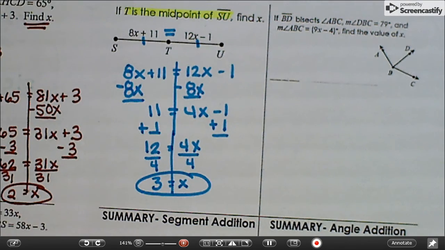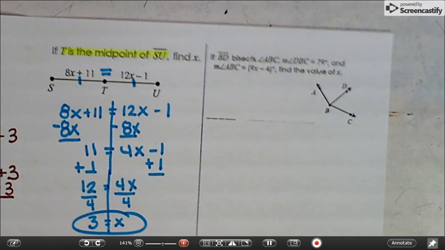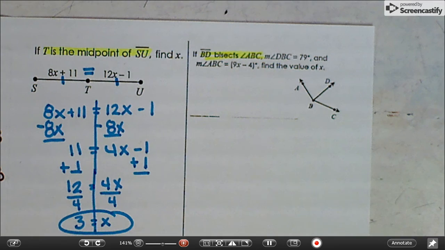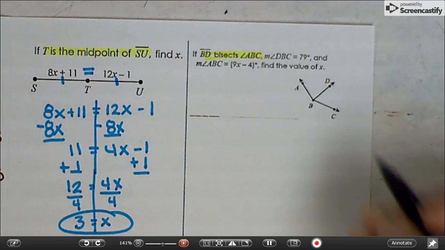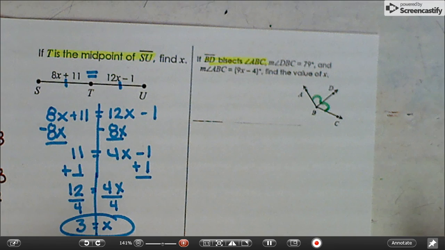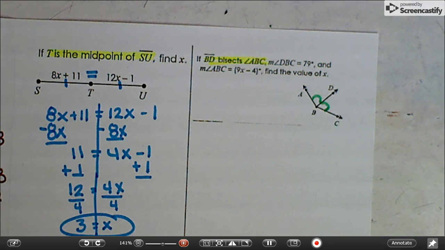All right, so that's the difference if it's a midpoint, and we have a similar situation right here. BD bisects angle ABC. Well, what does bisect mean? It means it was cut in half. So this and that are equal. They're congruent. We know that d